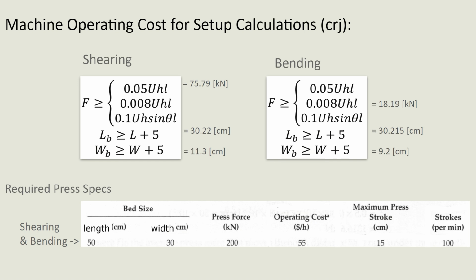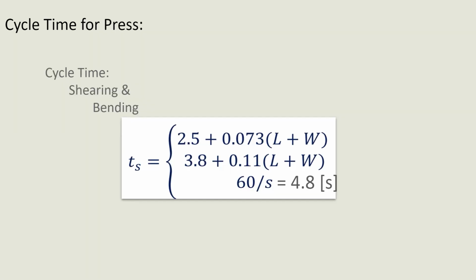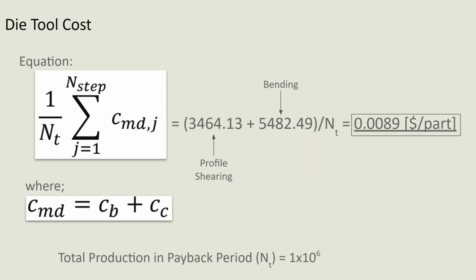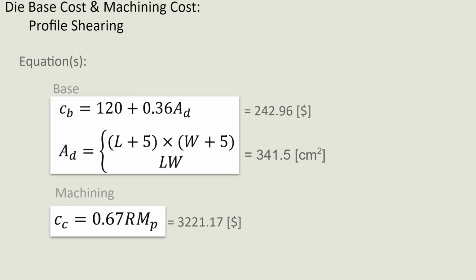And then we decided to go with this press based on the shearing and bending requirements we needed. And then the cycle time for the press was around 4.8 seconds based on these calculations. And then the die tooling cost was around 0.89 cents. And the base cost for profile shearing, and then the